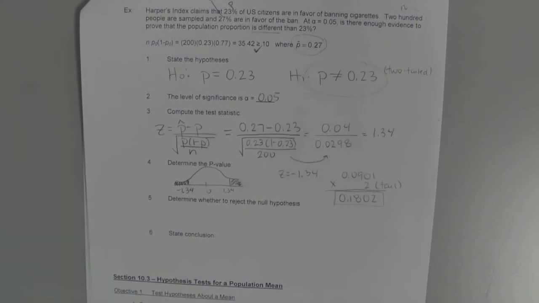And again, you might ask yourself, so what? What does that mean? It just means if the proportion of people that wanted to ban cigarettes was really 23%,